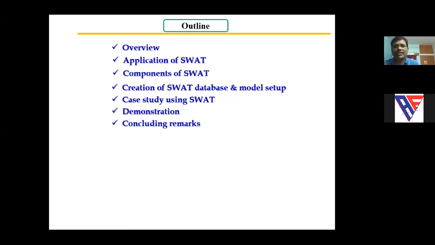There are two options with us. One is using the open source QGIS software, where we can use QSWAT, and another is the ArcGIS software, where we can use ArcSWAT.